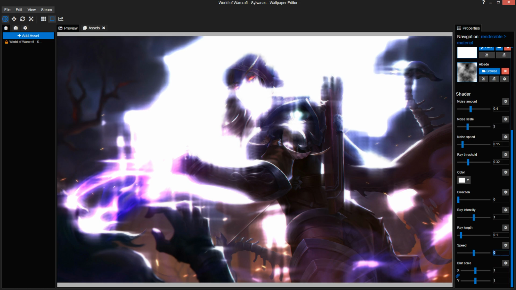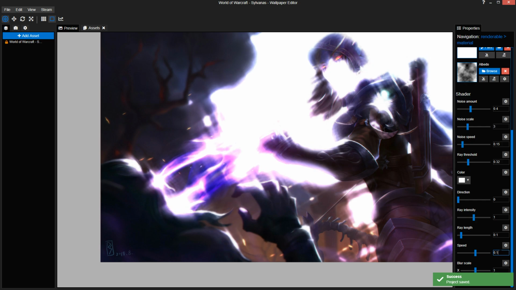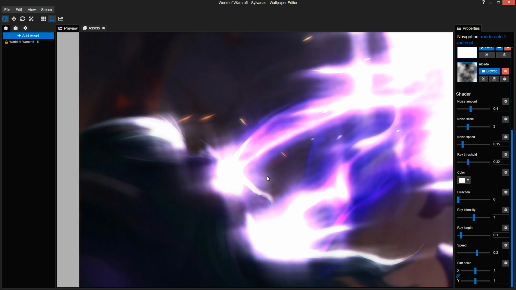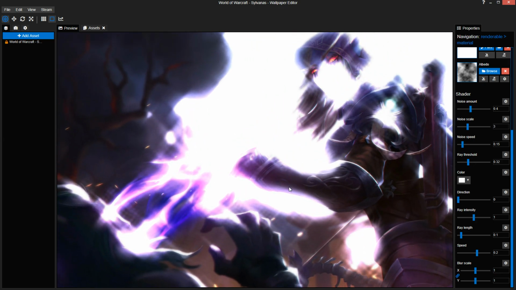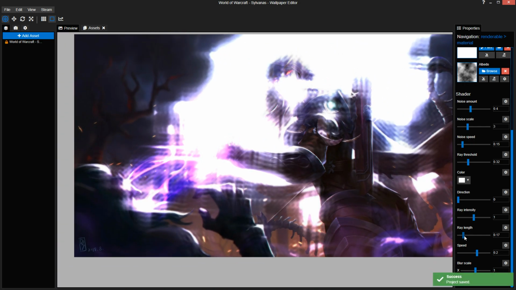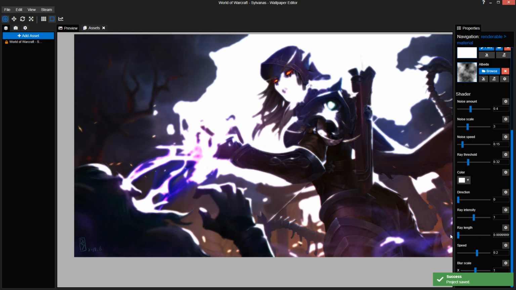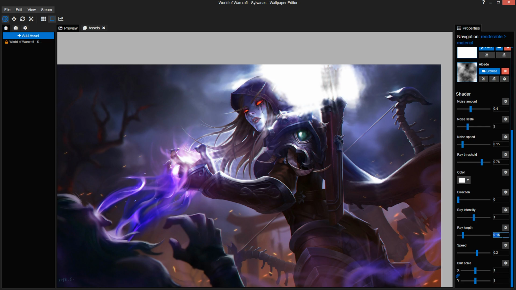The speed, as you can see, these are all like small crosses. The speed causes them to move in a direction. So if you say 0.1 for example, or no, 0.2, increase the speed, you can see that it's slowly turning. This usually just amplifies the effect, so I always have this on 0.2. The ray length, pretty self-explanatory. I'm gonna increase the threshold a bit. I'm gonna set at least 0.1.